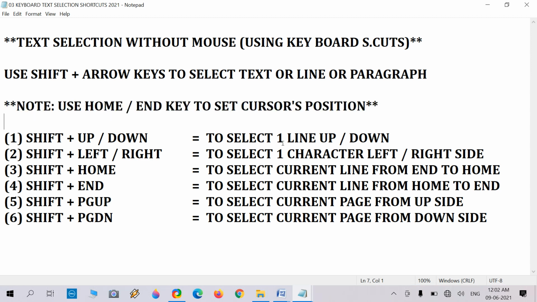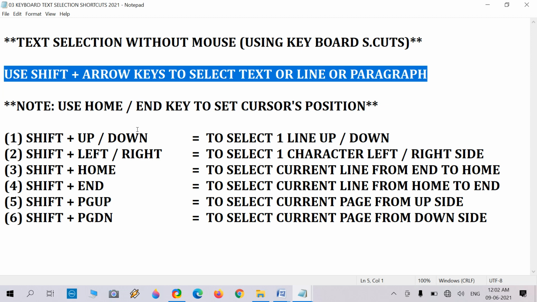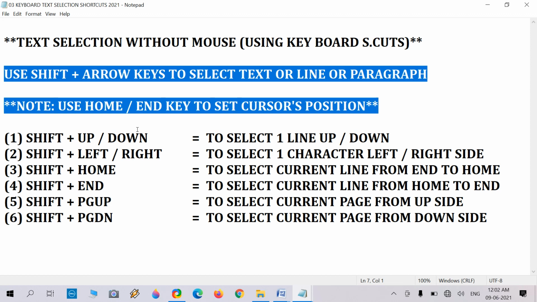The next task we perform is Shift plus up and down arrow. What it will display is to select one line up and down. If I have the cursor at the beginning of the line, then hold the Shift key and press the down arrow, it will select your entire current line, and then again pressing the down arrow, it will select the lines below the cursor position.